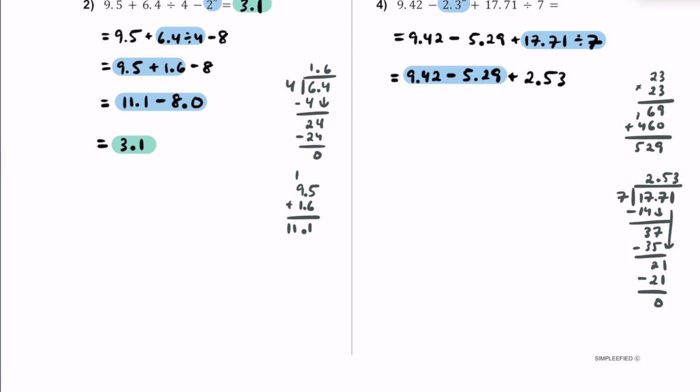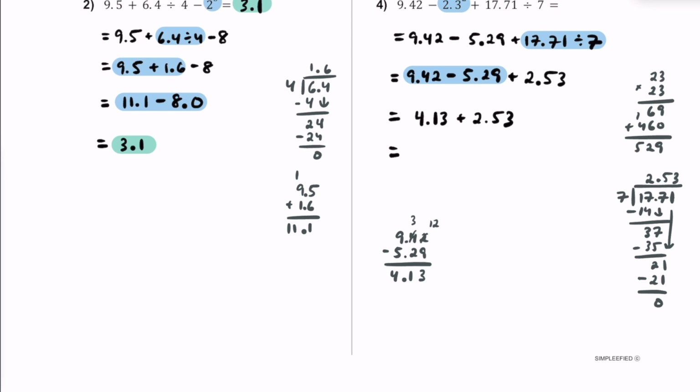Just go from left to right because they're equally important. Running out of space here, but I think we have enough room. Let's do 9.42 minus 5.29. If we borrow here, that'll be a 3, that'll be a 12. 12 minus 9 is going to be 3. 3 minus 2 is 1. 9 minus this 5 is going to be 4. So we're looking at 4.13 plus